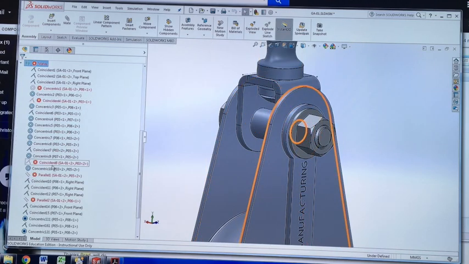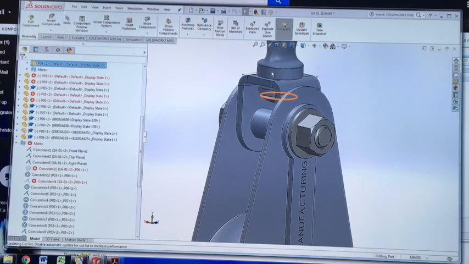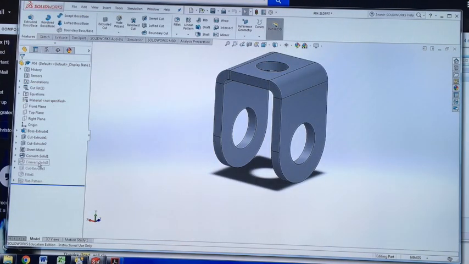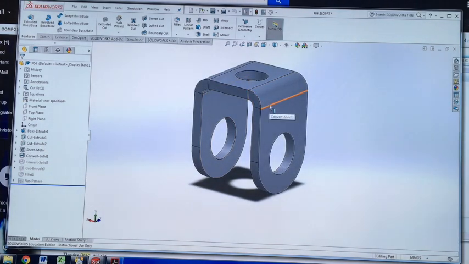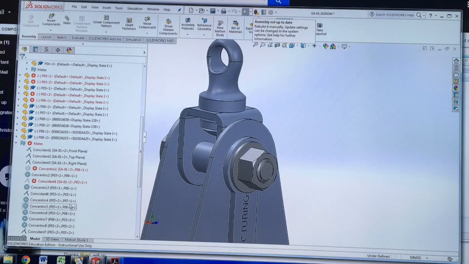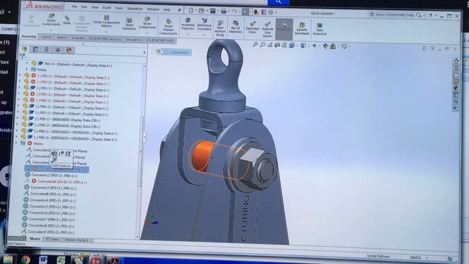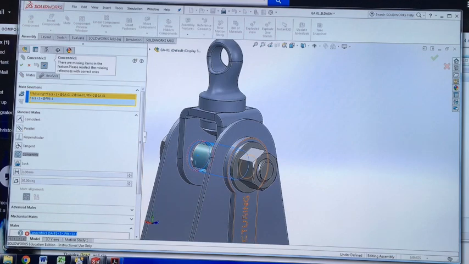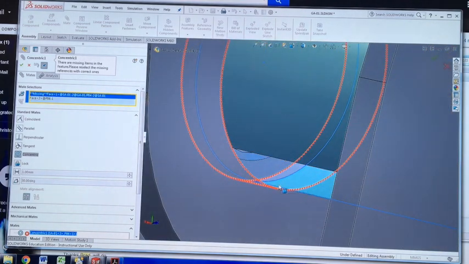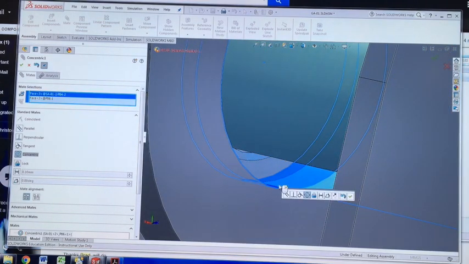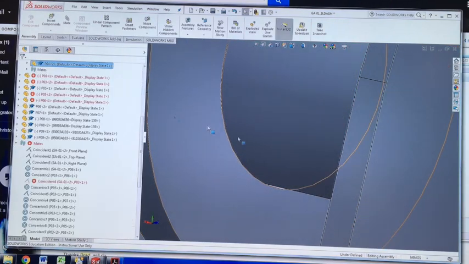What those errors are all to do with is when I turned this part, the form bracket, to sheet metal using that convert to sheet metal feature, even though it's the same shape, it's changed the references of all the surfaces and holes. So in my assembly now, where it's looking for this concentric mate, if I click edit feature, you can see here there's a missing face, a missing reference. To replace that mate, all I've got to do is click on that missing face position there, and then just reselect the missing face,